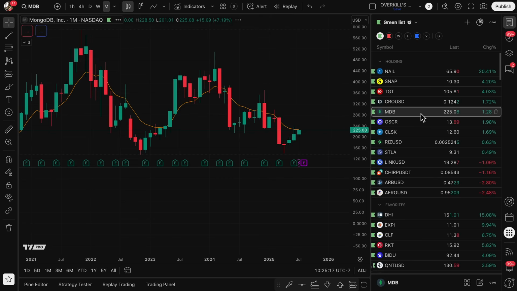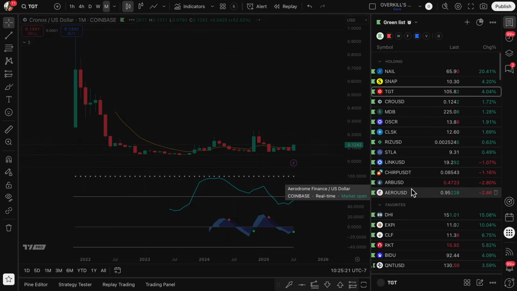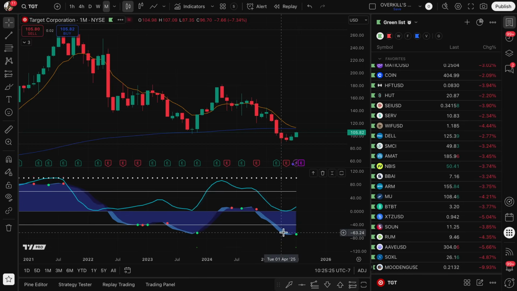Okay, we're watching that. MDB, green dot on the monthly. CRO, green dot on the monthly. Okay, it's not on our watch list unless it has a monthly dot. So when the monthly dot is green, what we want to do is zoom in here to